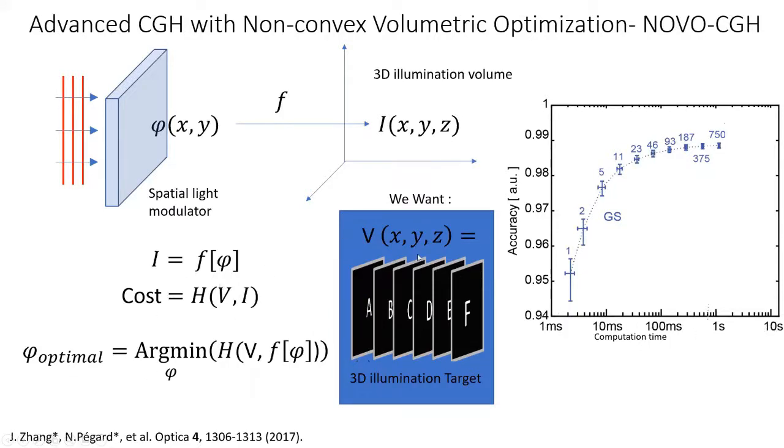So we compare those algorithms by measuring the time it takes to compute the hologram, and using a cost function like the L2 norm, we measure the accuracy of the hologram as a function of the number of steps. And so here we display, for instance, the Gerchberg-Saxton algorithm, and you can see that as the number of steps increases, the algorithm has better accuracy. Of course, it stabilizes to an accuracy level that is not 1. And with this algorithm, we're able to find that if you are willing to spend even more time and explore more holograms, you would be able to get slightly better, or actually significantly better, holograms. So that envelope right here represents the area of feasible holograms, the ones that we can calculate